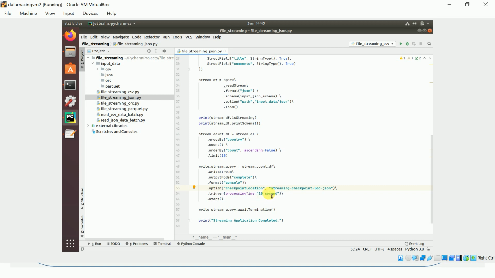Using this location we can restart your application from where you left off. That's the use of checkpointing. So with that we'll run this program.